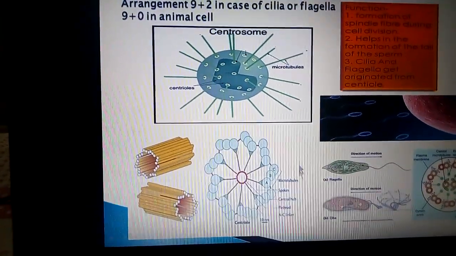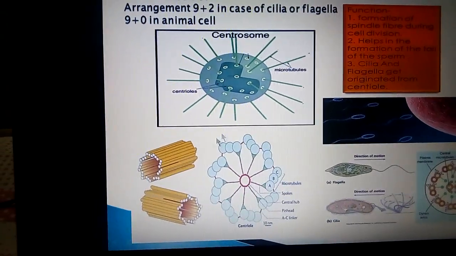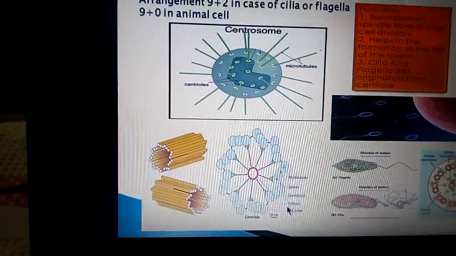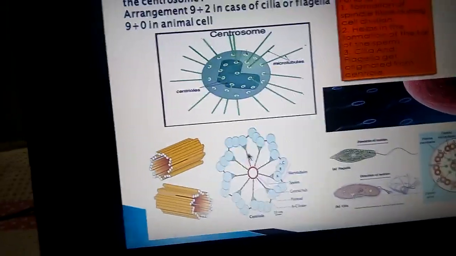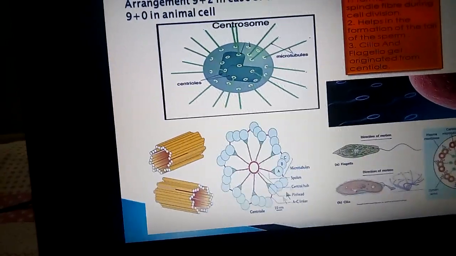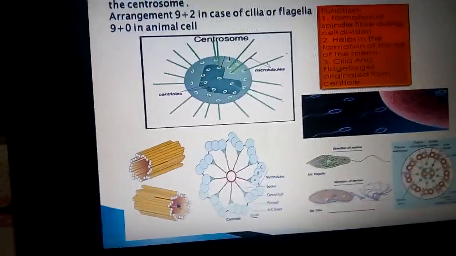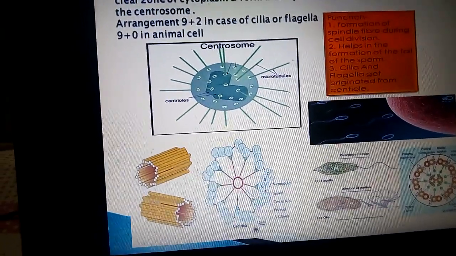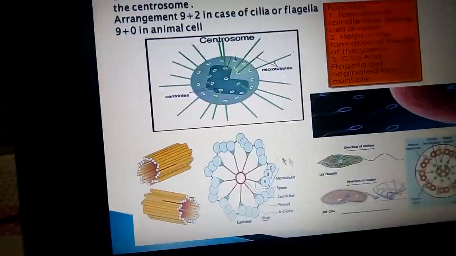And what do you think about this diagram? It resembles the wheel of a bullock cart. So that is why the structure of the centriole is explained by the cartwheel model. Why is it known as the cartwheel model? In cross-sectional view, the centriole at its center exhibits a wheel-like structure as found in the wheel of a bullock cart. That is why it is known as the cartwheel model.